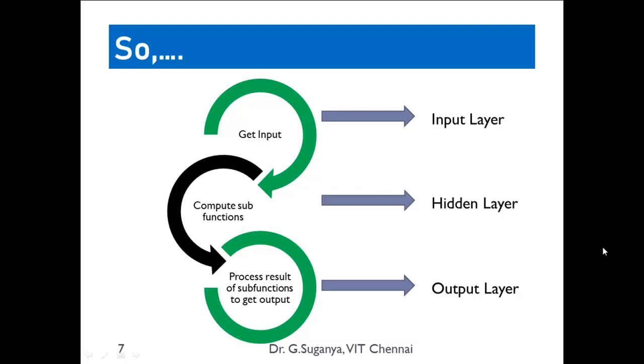So how many hidden layers are required? That's the next question. Is it possible to have one hidden layer, or is it required to have many more hidden layers? There is no common standardization on it. It depends on how many subfunctions you are in need of. In general, the number of hidden layers may grow large as per the number of subfunctions or internal components that you have.